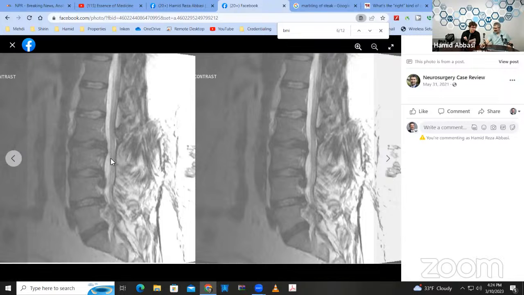You don't call it enhancement. Enhancement is a word reserved for when you give contrast. In the myelogram, which is a CT, that would be enhancement, because then you introduce Omnipaque or a contrast into the CSF space. But this is not an enhanced picture. I guess I can just see the increased detail of the spinal cord. Water is white. Yeah, in the T2, water is white.